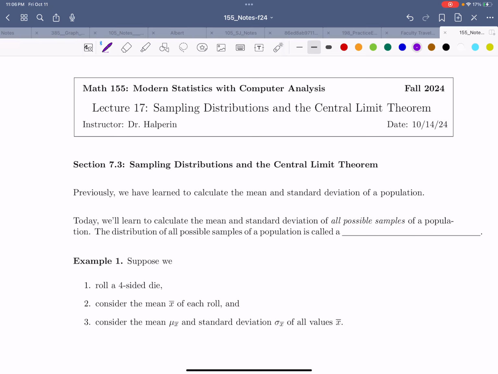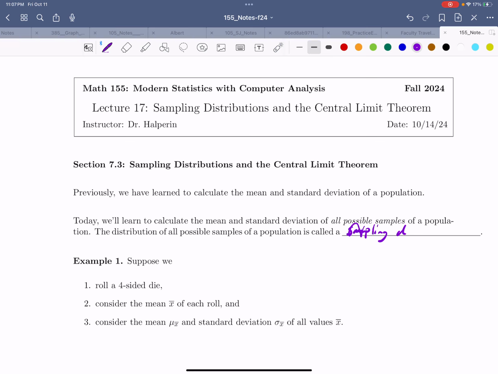So suppose that we were considering all 50-person samples at Salisbury University, and we were considering, I don't know, height. We would take a 50-person sample, find their mean height. Okay, that's a data point. Find another random 50-person sample, find that average height. That's another data point. All 50-person samples of SU, all of them, we find their mean height. That's all the possible data points in what we call our sampling